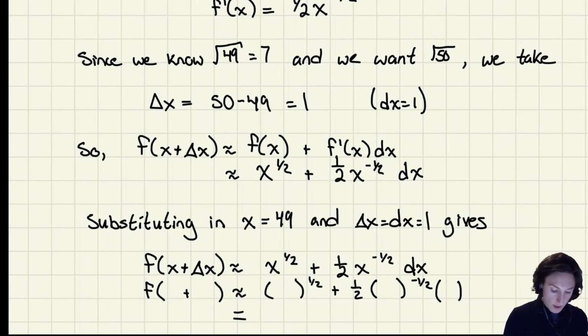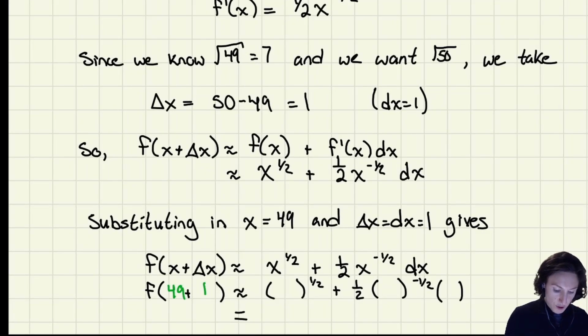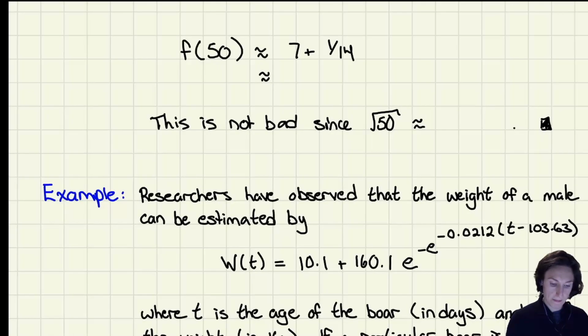Is my head in the way? Not quite. So I know what happens at 49, which is 1 away from where I want to get to. So f at something I know, 49, that's fine, plus the derivative at 49, but I am 1 unit away from where I want to be. If I simplify this, the root of 49 is 7. Over here, this is going to end up giving me 1/2 times 1/7, so that's 1/14. So f at 50, I'm approximating it by 7 plus 1/14, which is roughly equal to, if we throw it into a calculator,